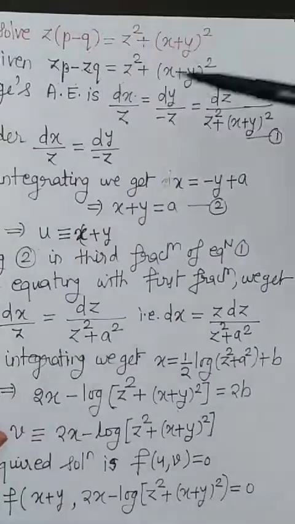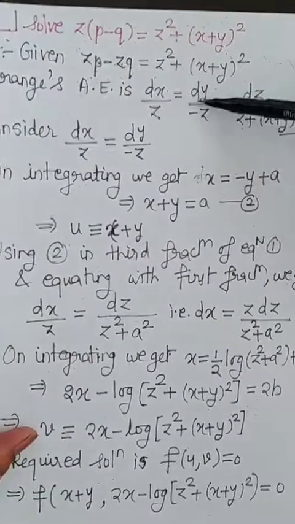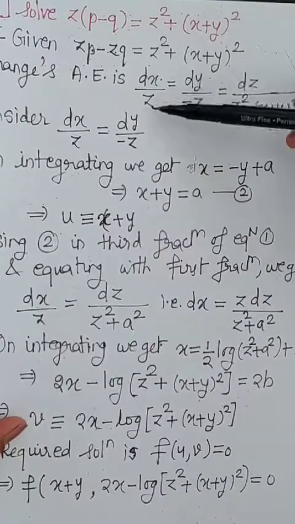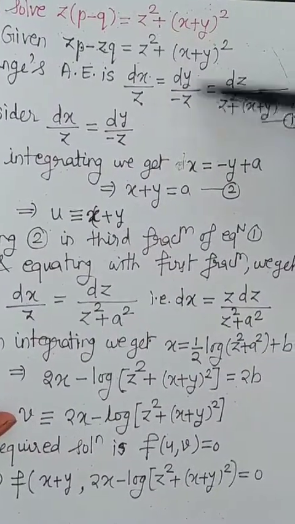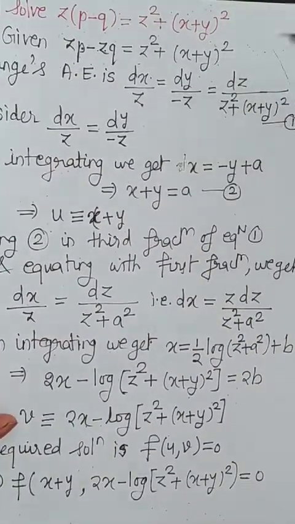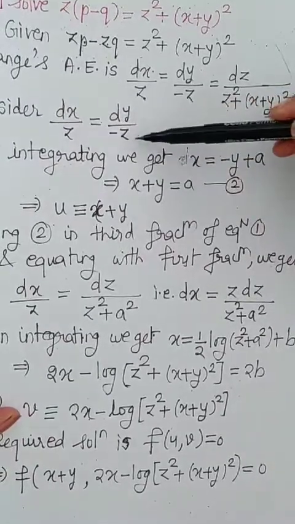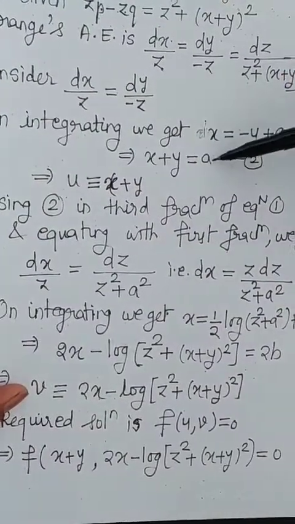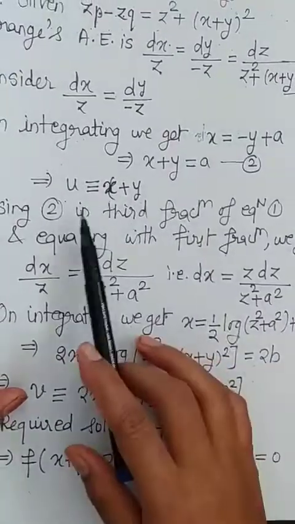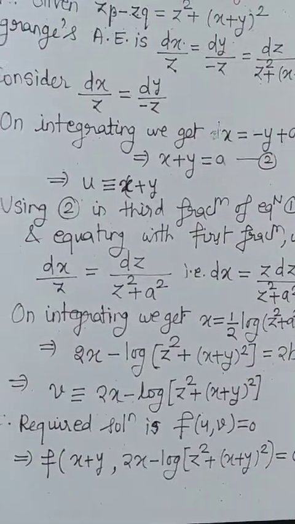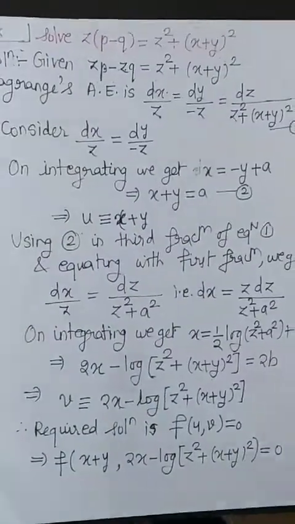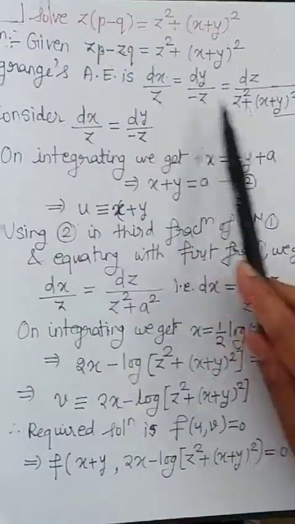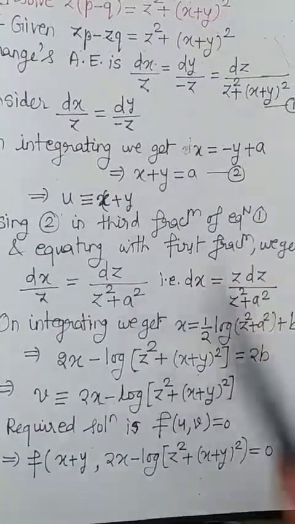So we get this. Now here we can consider the first and second fraction, where z is the third variable, which gets cancelled. So I can consider the first and second pair, z gets cancelled, integrate the remaining part, and we get the first solution, right? So u is x plus y. Now is there any possibility for first and third or second and third?